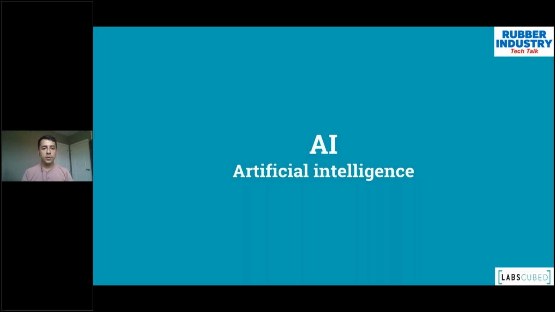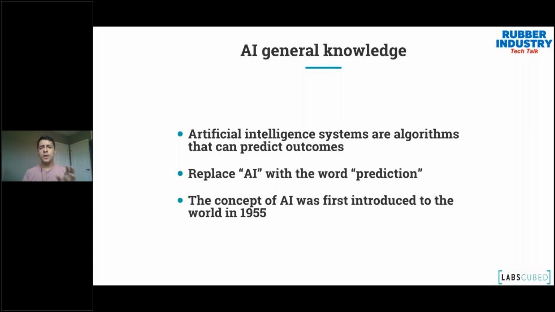So talking about artificial intelligence is the other piece of it. Generally speaking, artificial intelligence systems are systems that predict algorithms. I think a lot of people convolute and make AI really complicated. Everyone talks about it, but the best thing that anyone's ever described for me is that you replace the word AI with the word prediction, and it's pretty much what someone's trying to sell you. If they're trying to sell you an AI system, essentially they're telling you, I can predict things better than you can, faster than you can, in theory, using this software.